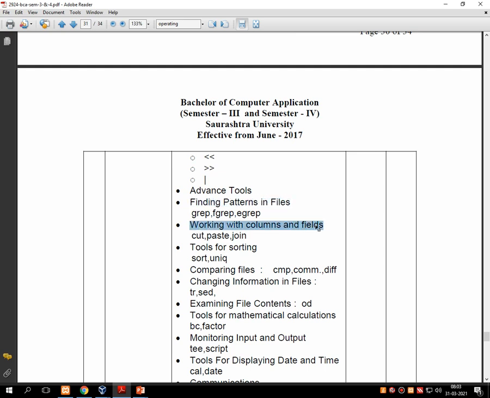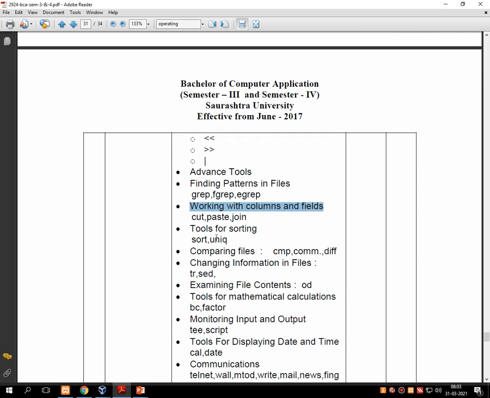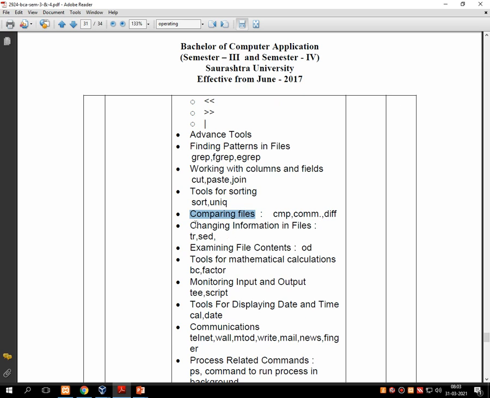Then we went on to working with columns and field commands. Then we discussed the various sorting and comparison commands. The last topic we discussed was the file comparison commands like CMP, COMM and DIFF.